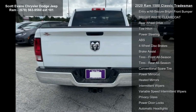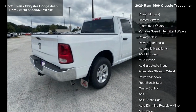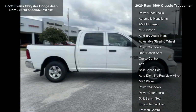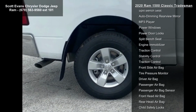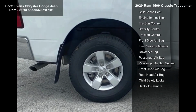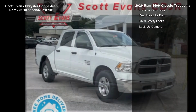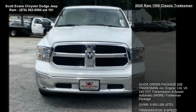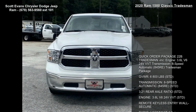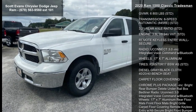Transmission, 8-speed automatic 845 RE, Tradesman package, gross vehicle weight 6,800 pounds, STD. Transmission, 8-speed automatic 845 RE, STD. 3.21 rear axle ratio, STD. Engine, 3.6L V6 24V VVT, STD. Remote keyless entry with all secure, radio Uconnect 3.0 included, integrated